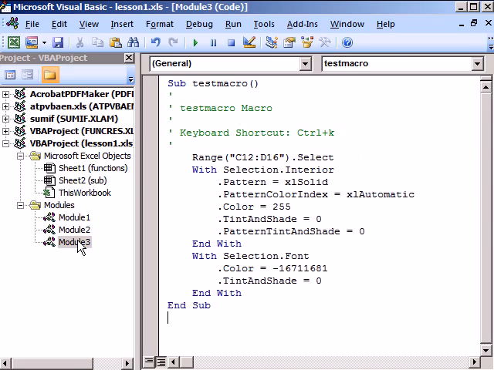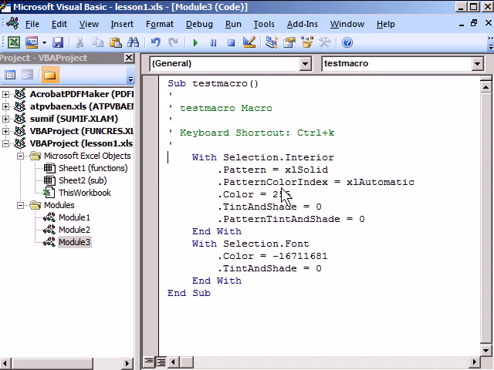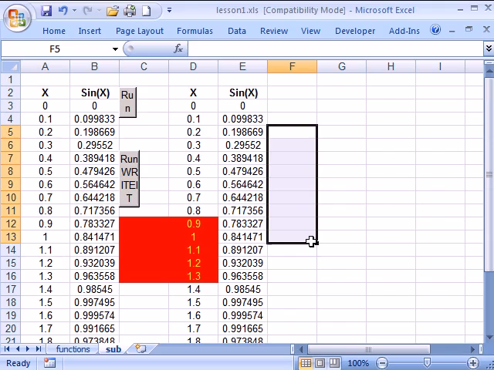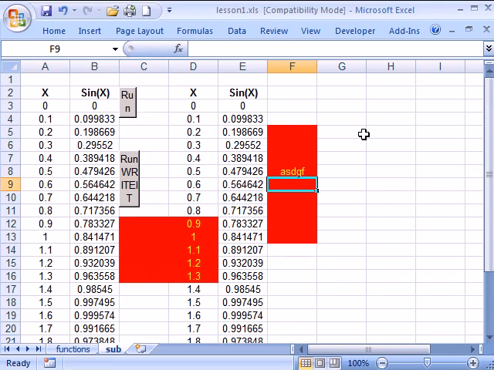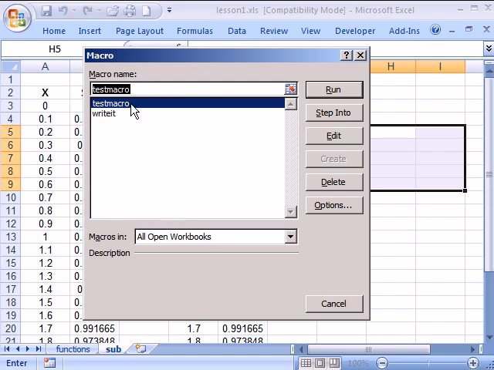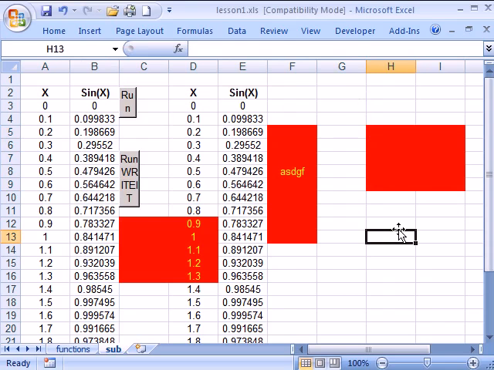See, now I have a module 3. So you see the first thing it does is select the range. If I just delete that, then it'll do this, change the color and change the font of any selection. Alright, so now back to Excel. Now I should be able to go here and just highlight these and type Control K, and it works. It's yellow too. I can also go to Developer, Macros, and you see now I have the test macro. I can run that. So I think over the semester you'll probably have a few occasions where recording a macro